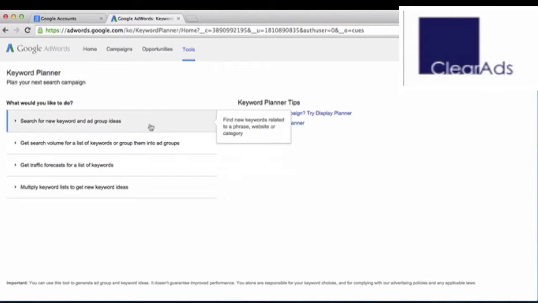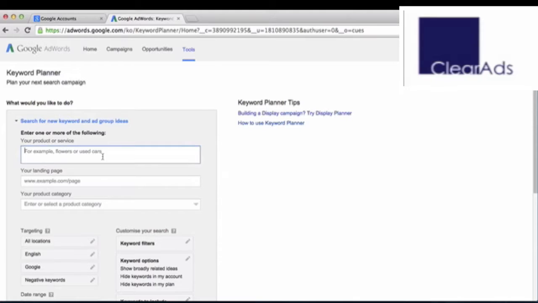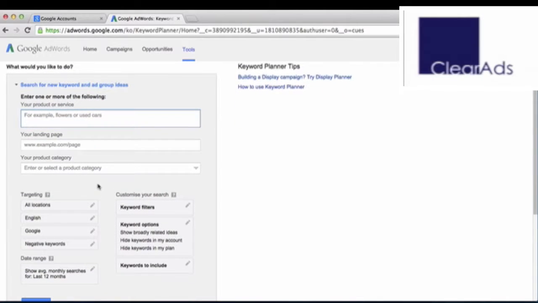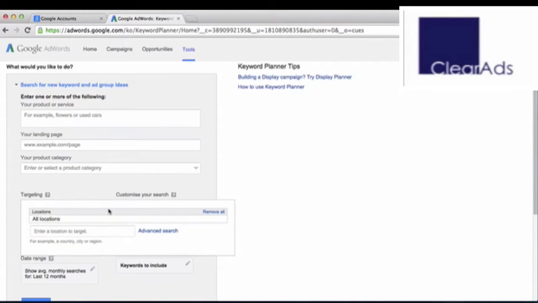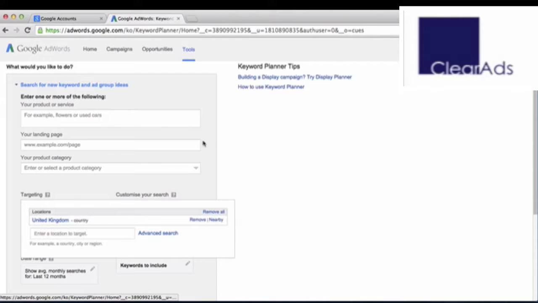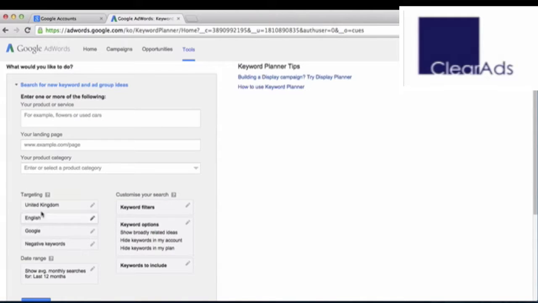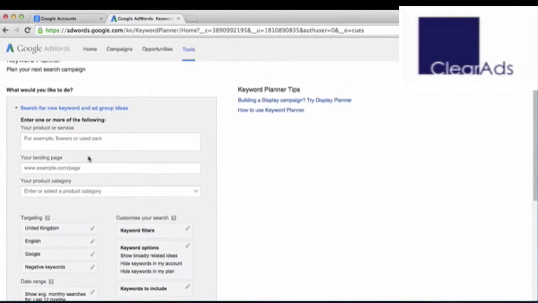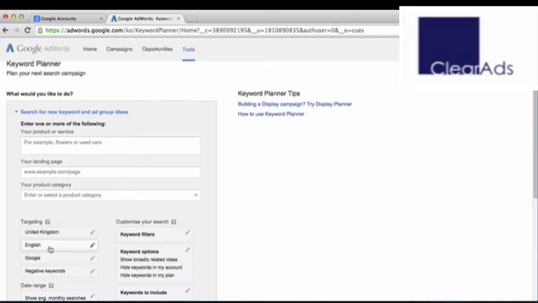Okay, so what you want to do is get some keyword ideas. So let's think of another location. Just say you are in the United Kingdom too. You add that country, so the statistics it will be showing you are for this country. It will be targeting English speaking people, and you can also change that if you wanted to. What I'd suggest is you're probably going to have a good idea of keywords you want to